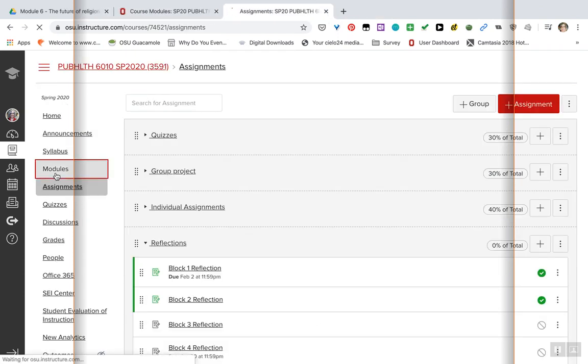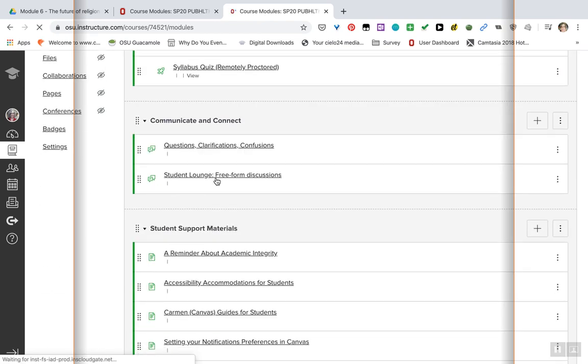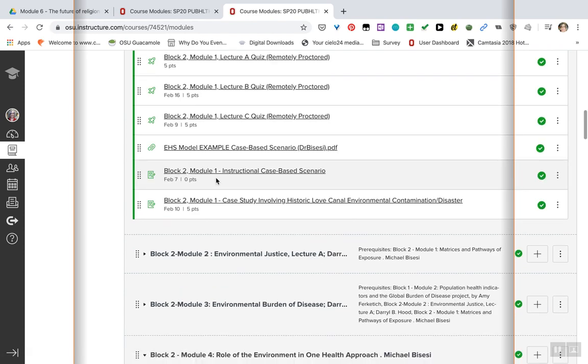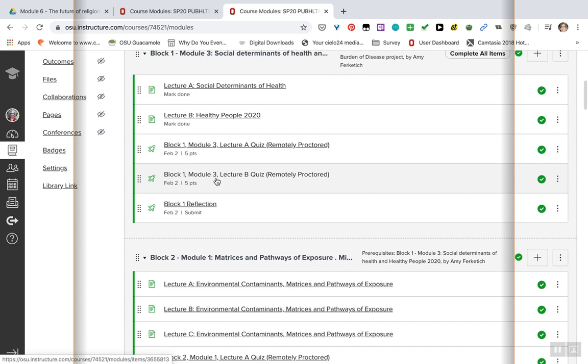If I'm a student and I go into the module, let's just look at module 1, for example, at the end of block 1, I see an assignment called the reflection. This assignment, if I hover over the icon, is a quiz. So this tells me as a student I need to complete a quiz at the end of block 1 called reflection. However, if I click on this quiz,